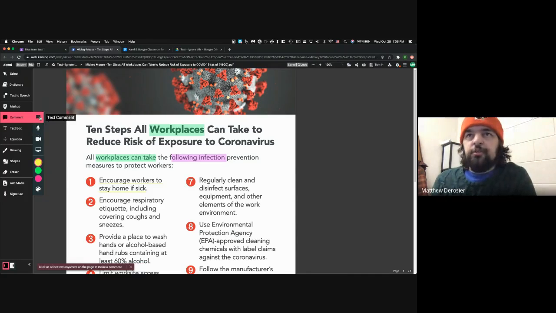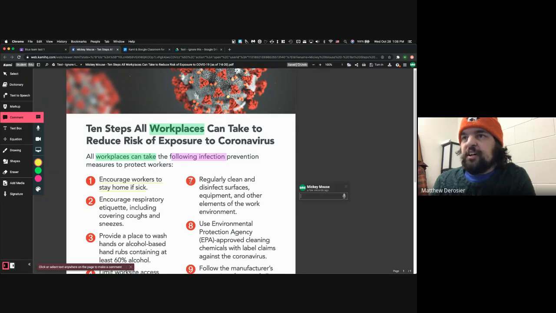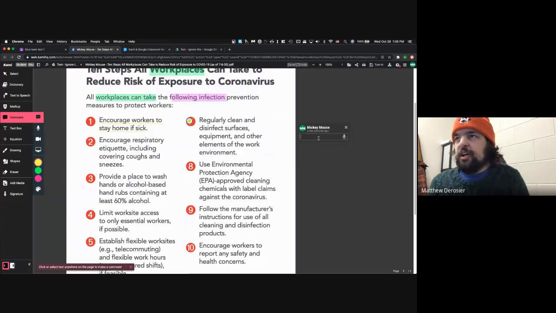We have a comment tool here. So if I click on the text comment option and find a spot on the page that I want to add a comment to, I can add a comment on the side of the page so that it doesn't overlap with anything that's on the page. And you can change the color of the pointer. So if we've got a couple of different ones that are in the same up and down portion of the page,